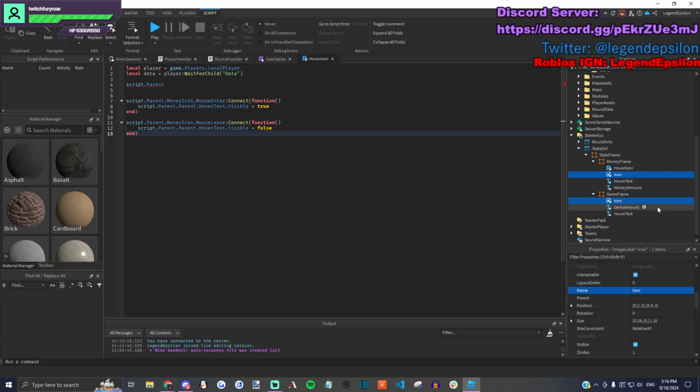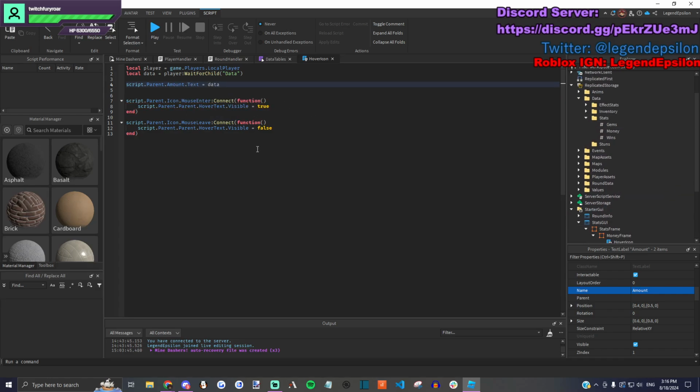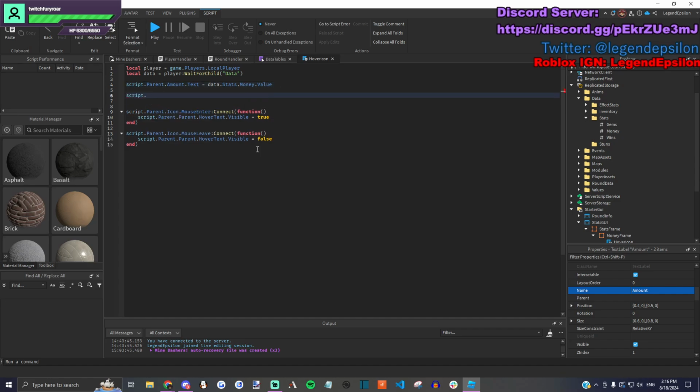So we'll name this one to be icon, and these two to be amount, just because I don't like having excessive amounts of text in the names when it's not really necessary. script.parent.amount.Text is equal to data.stats.money.Value, and then we'll do data.stats.money.Value.Changed:Connect(function